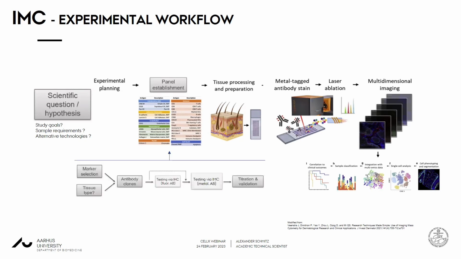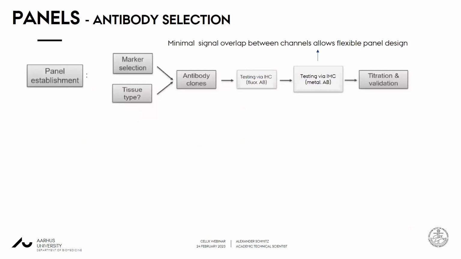The critical part here for this talk, and of course also for the experimental setup, is the panel establishment, and it has a number of steps, and I would like to take a little bit of time and go a little bit into that. So in terms of antibody selection,